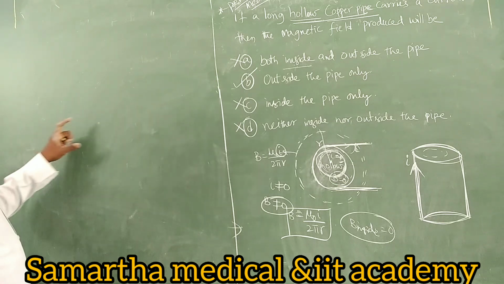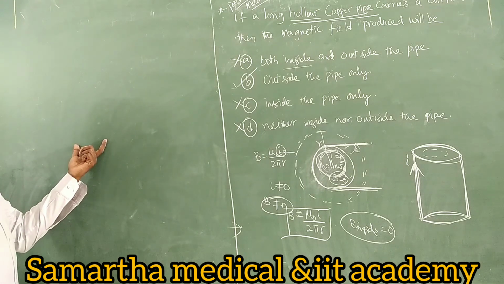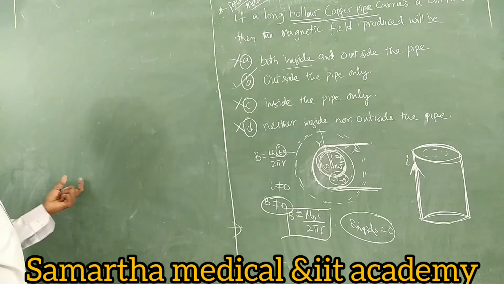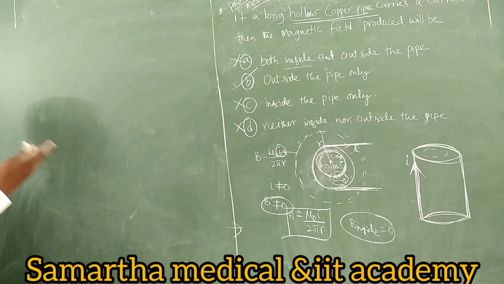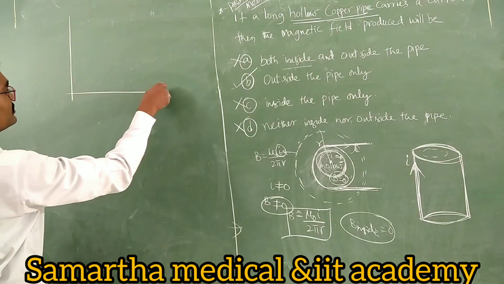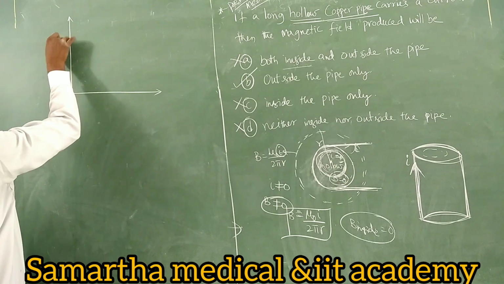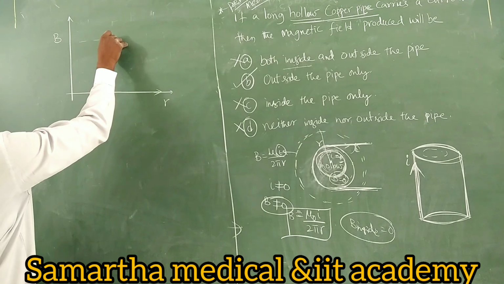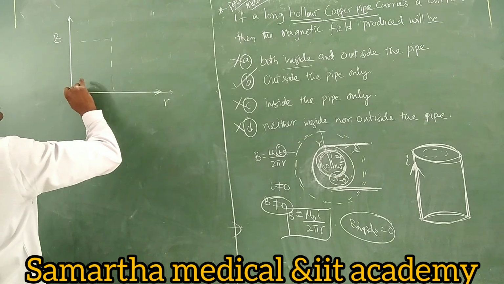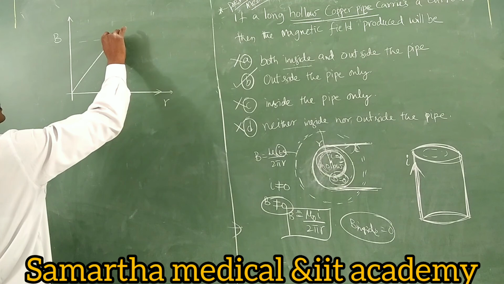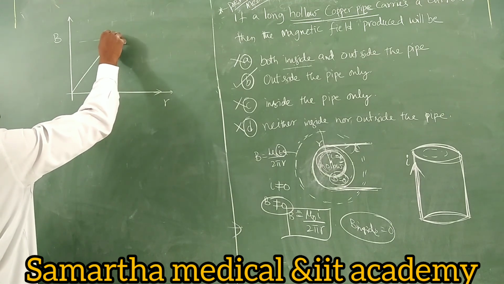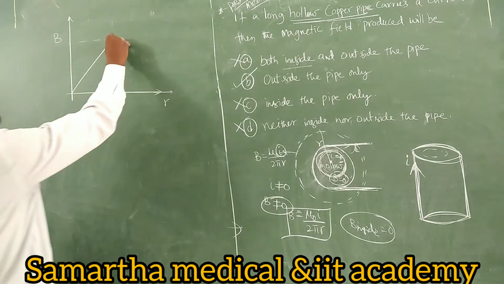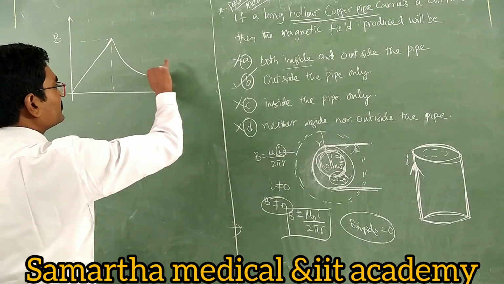Yes. See, one more question asked in the previous year medical, that is a graph based on a solid current carrying conductor producing magnetic field. How it produces? Based on separation like that. So this graph they asked B and R separation. So you know that the magnetic field, from inside the solid conductor till it reaches the surface, will be increasing. Correct? Then when you go away from the conductor, it decreases.